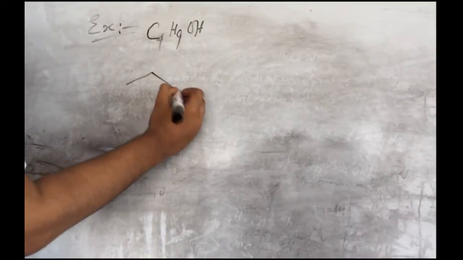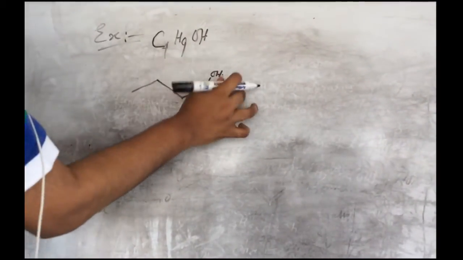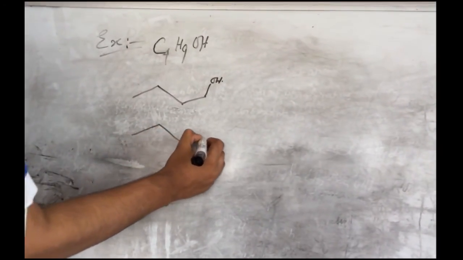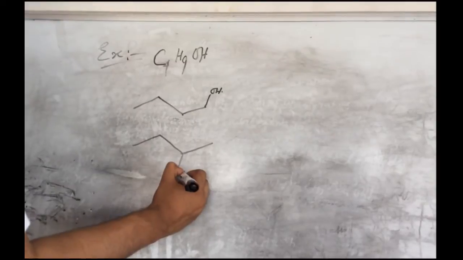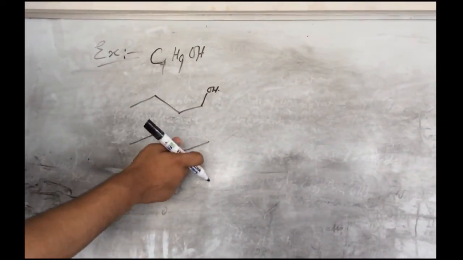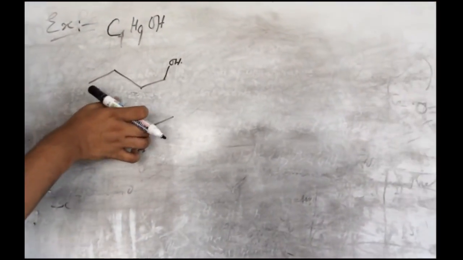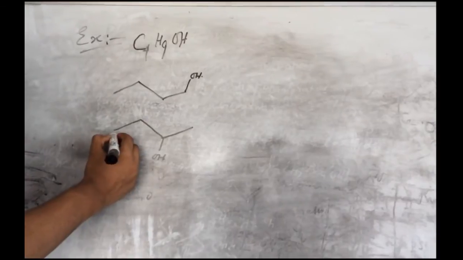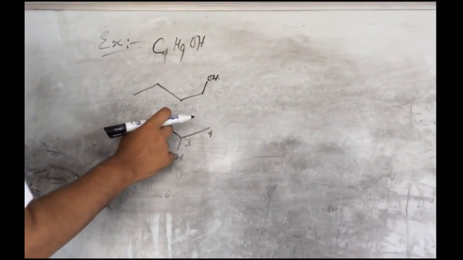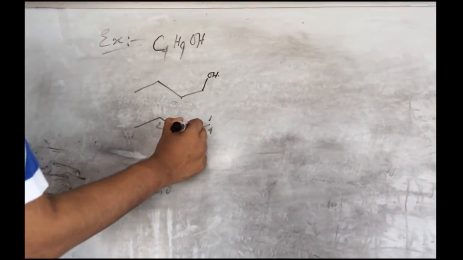So this should be like this, it can be this, or it can be this. Someone would like to place it here instead of here, but as I told previously in chain isomerism, these 2 places are equivalent, because if we count from this side, it becomes 2 and this becomes 3, and if we count from this side,